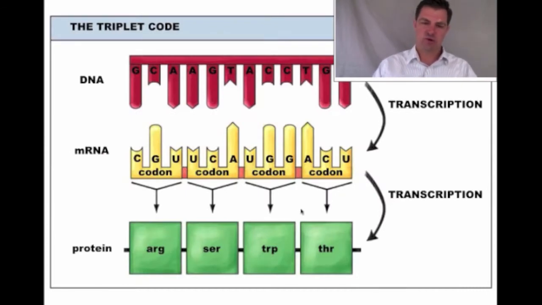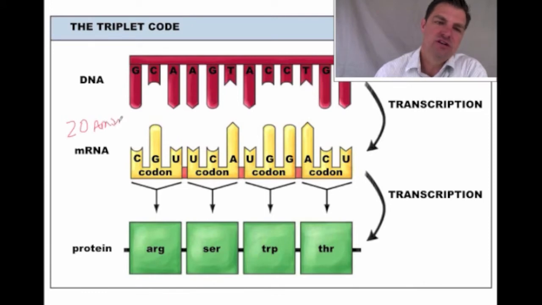So if we look at that, what we did is we took our DNA and copied it into RNA, and then we cut out the introns. Those went into the trash, and so now this is my edited piece of RNA. And in a living system, there are 20 amino acids that are used to make proteins, 20 amino acids. And you notice that we have only 4 nucleotides: we have guanine, cytosine, adenine, and thymine, or in the case of RNA, uracil. So we have 4.